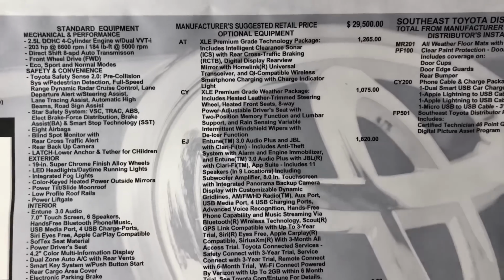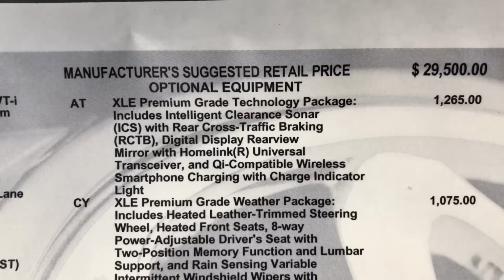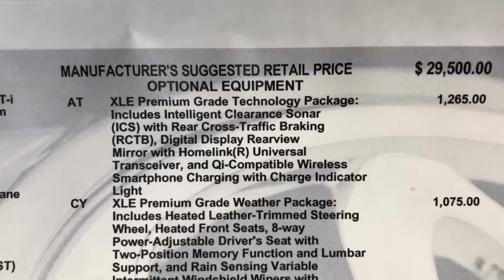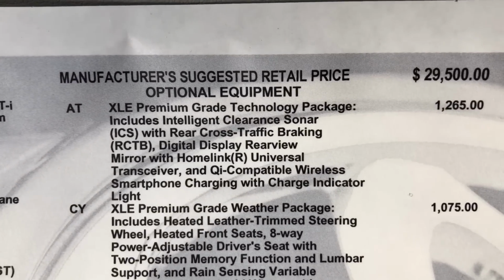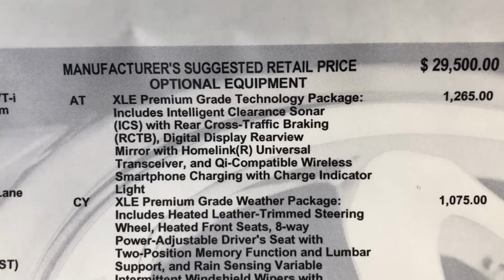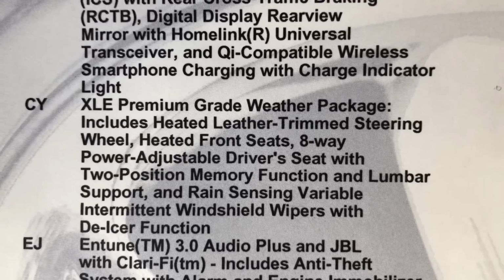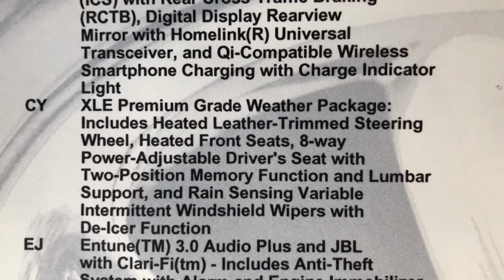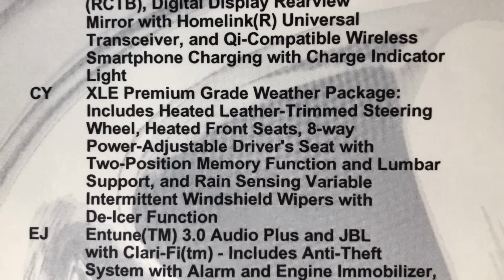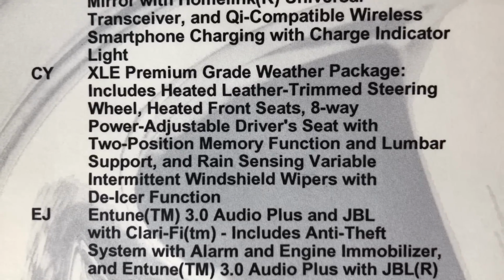Now, these are options that were added at the factory. The technology package: the intelligent clearance sonar with traffic braking, the digital display rear view mirror, Qi wireless charging. Now, this is a new one. The weather package: heated leather trim steering wheel, heated front seats with memory position, and rain sensing variable intermittent wipers